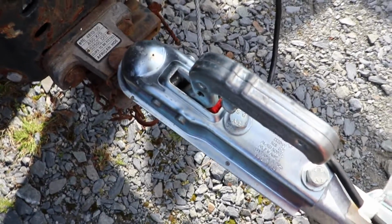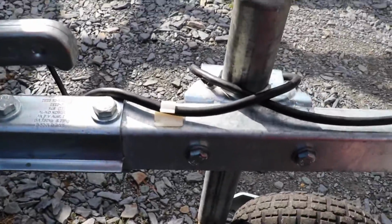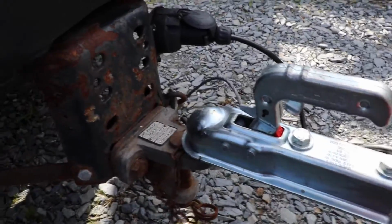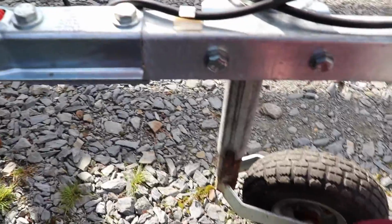The next thing is, make sure you got working lights. The light board is important. You don't want to be illegal now, do you, towing down the road? Now we need to make sure whether it's coupled up properly. And to do that, put the jockey wheel down slightly. Wind it all the way out till it touches the floor. And the way you know whether it's coupled up properly is if it lifts the car, which it is. So you wind it back up